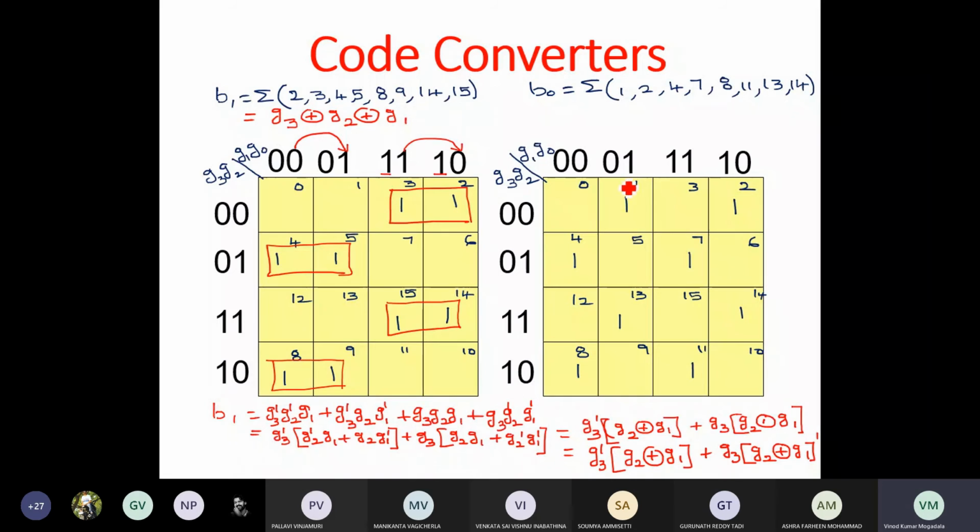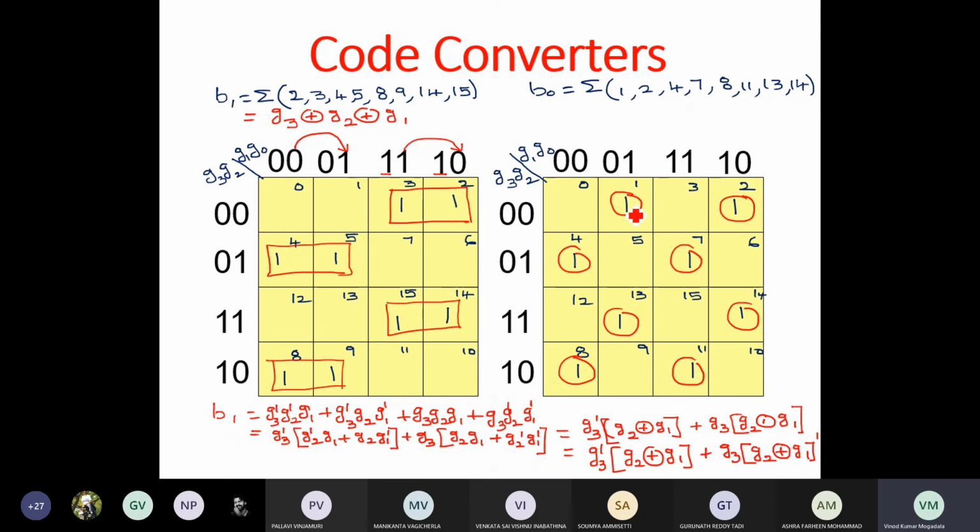And you can see for B0, you cannot combine any of the minterms because they are not adjacent to any other minterm in the K-map. So you can straight away write in the same way.